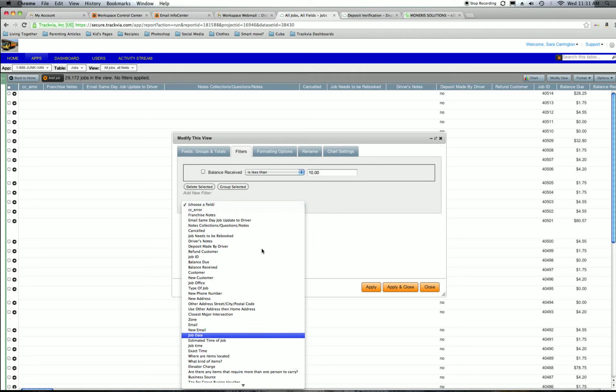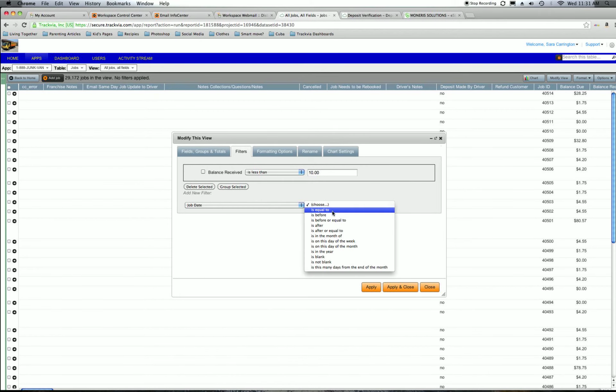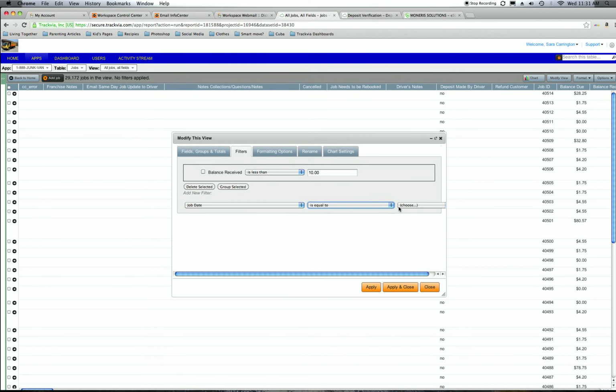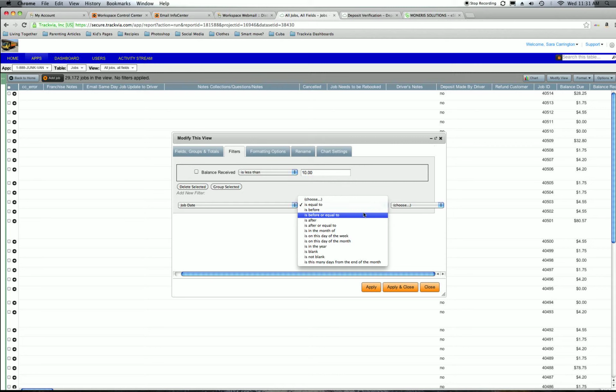And then you want to do it in the last month. So you want to do job date is equal to last month. Now, if that's not specific enough for you, you can have it be, for example,